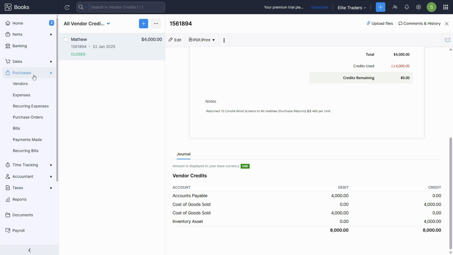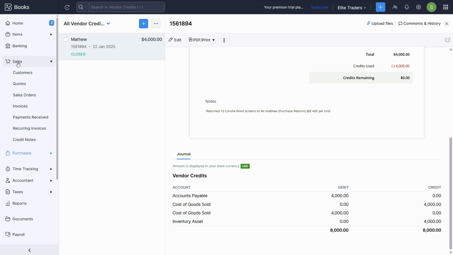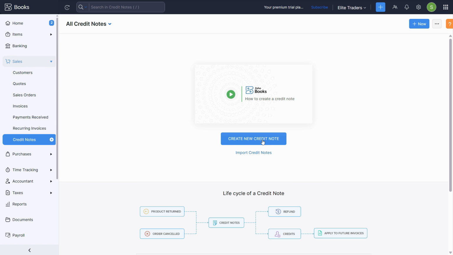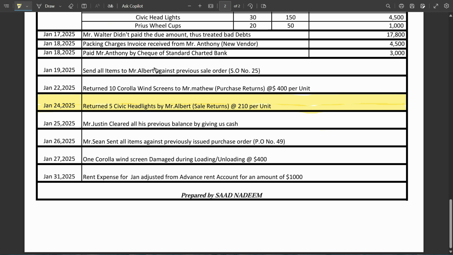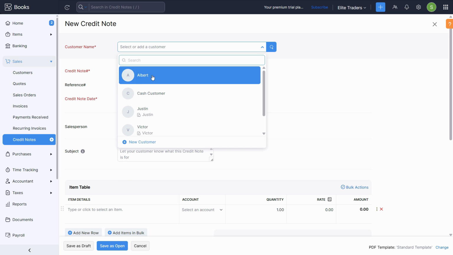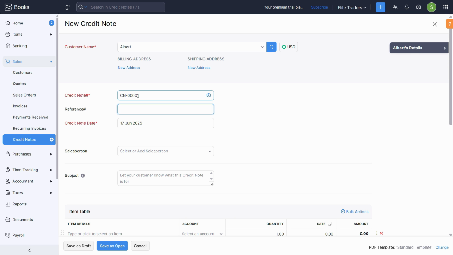So what we want to do here is just go to the sales module and click on the credit notes. And here just click on create a credit note. Select the customer. Customer is Mr. Albert. Credit note number is automatically given, but if you are following the sequence from the last year, you can